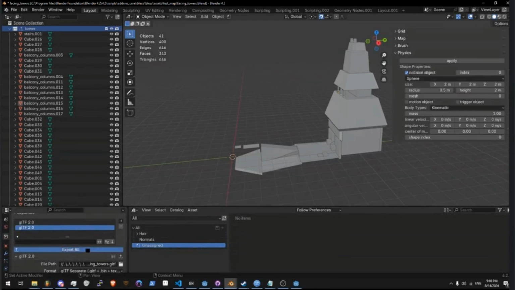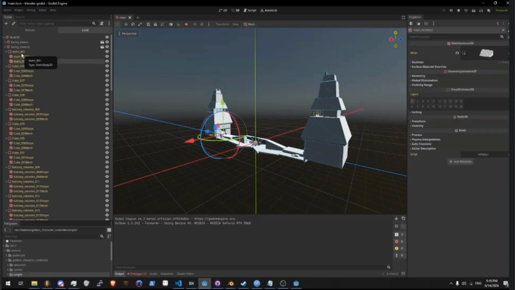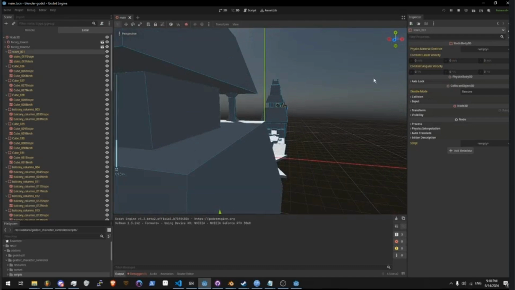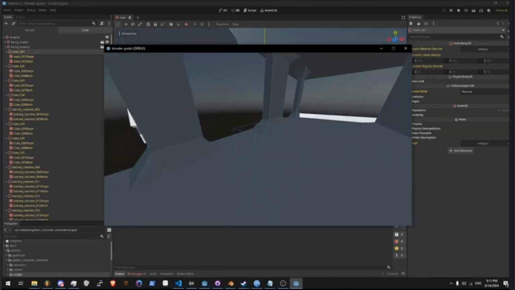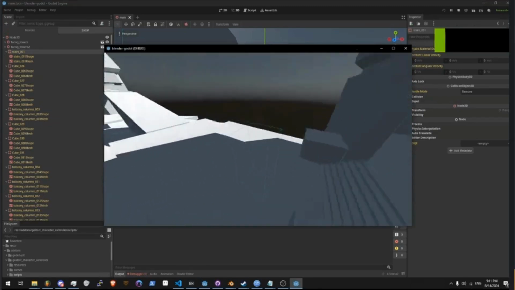when we export it in Godot, it gets all of these extra objects here in the scene, which allow you to step on them, I guess. So I've got this little demo here where I can walk around, and